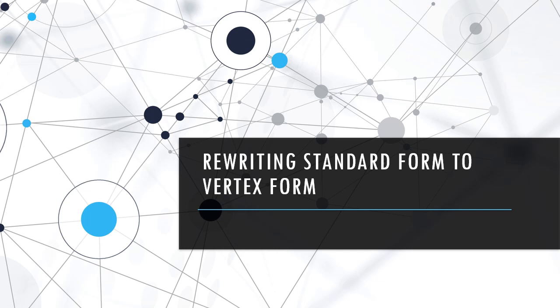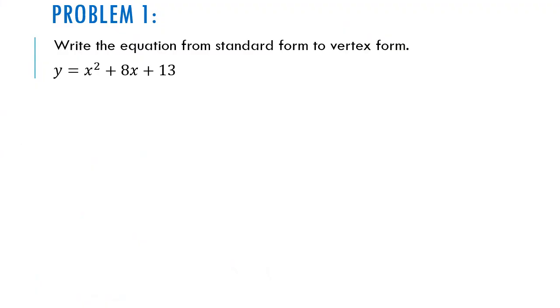All right, we're going to do a video on rewriting from standard form to vertex form. So we have an equation that's asking us to write it from standard form to vertex form. We are trying to write it in the form of y equals a parentheses x minus h squared plus k. To do that, we need to create a perfect square trinomial, and that's because right here in this formula